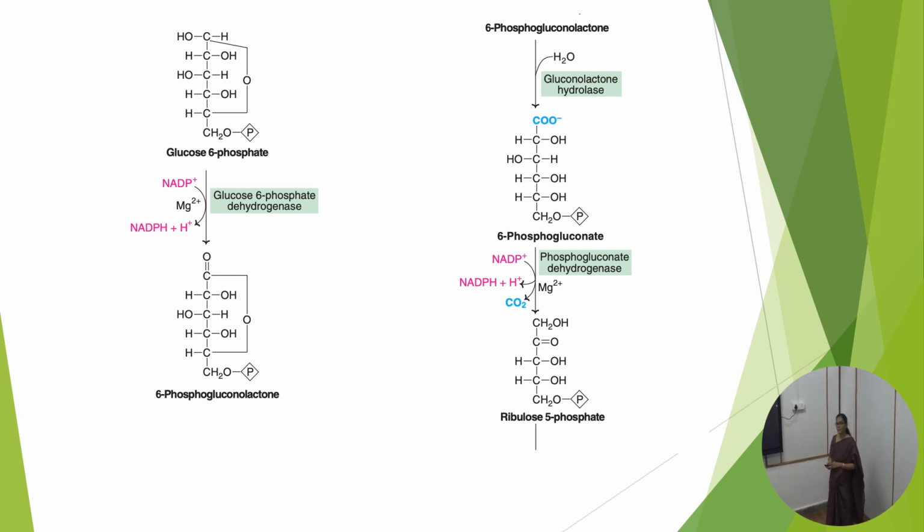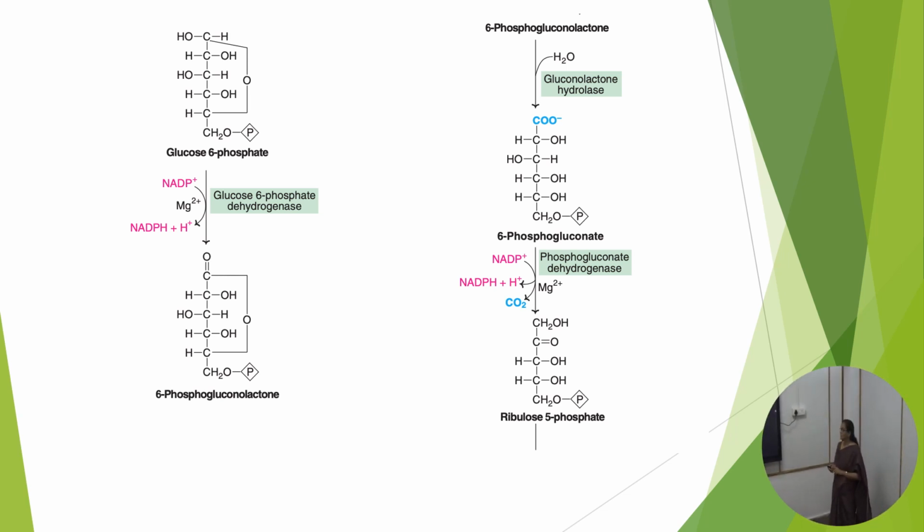First one is oxidative phase and HMP shunt starts with glucose 6-phosphate. And we know how this glucose 6-phosphate is formed. The glucose, when phosphorylated, gives glucose 6-phosphate. That reaction takes place with the help of hexokinase or glucokinase. And this glucose 6-phosphate, the very first reaction of HMP shunt, or this is the starting material of the HMP shunt, undergoes oxidation reaction and it forms